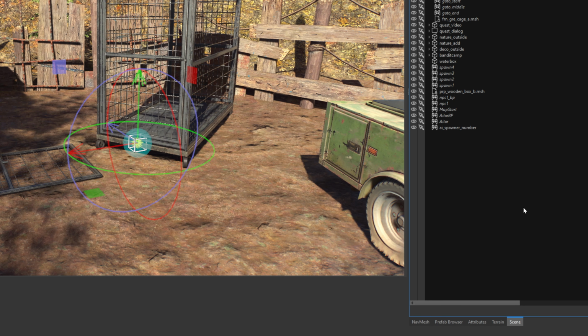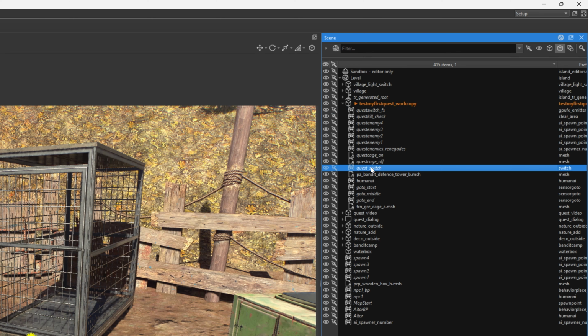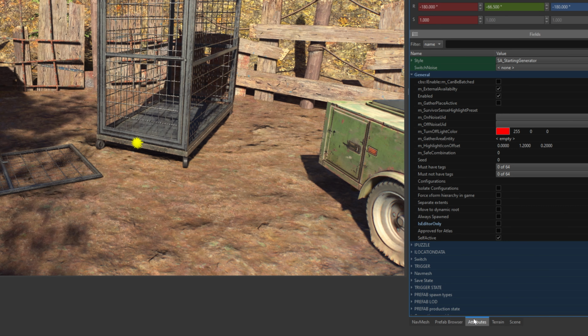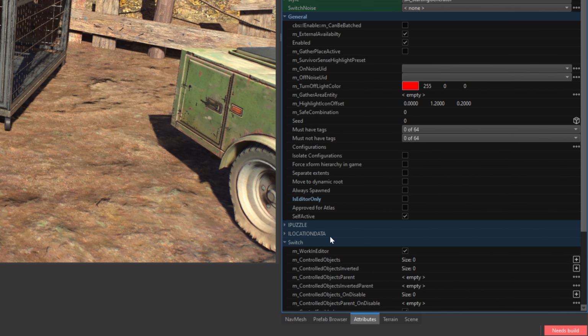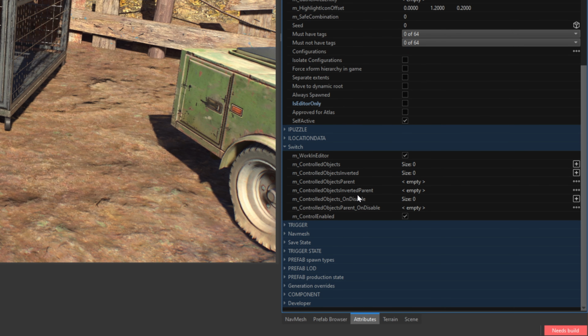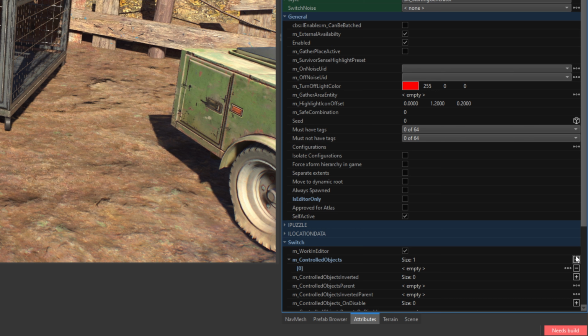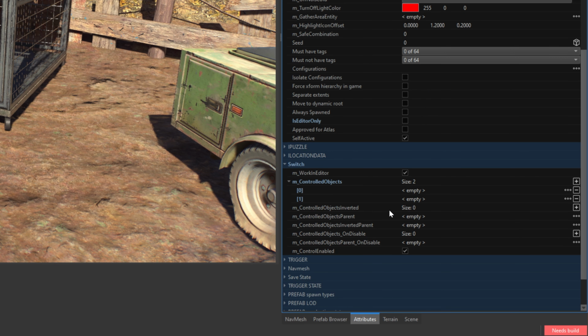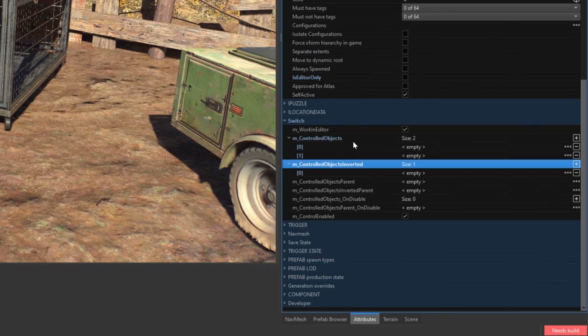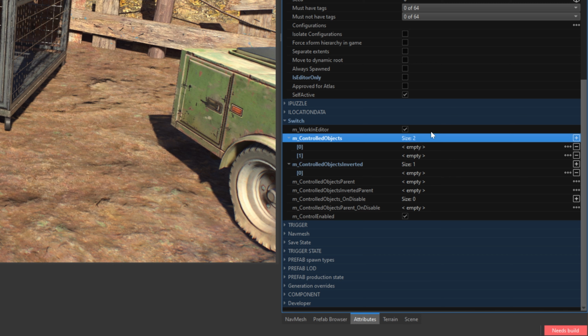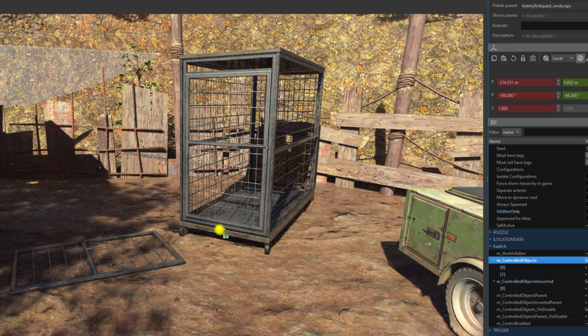Select our switch in the Scene window, go to Attributes, extend the switch dropdown, scroll down a bit and click the plus icon 2 times for controlled objects, and once for controlled objects inverted. We are going to designate 2 objects to our cage in controlled objects. In other words, that will be our FX after we use the switch, and this door after we use the